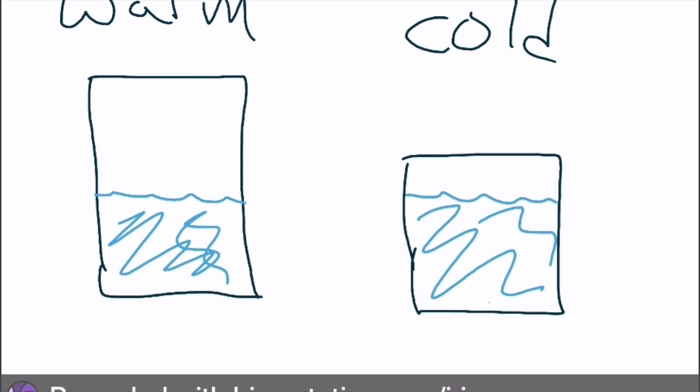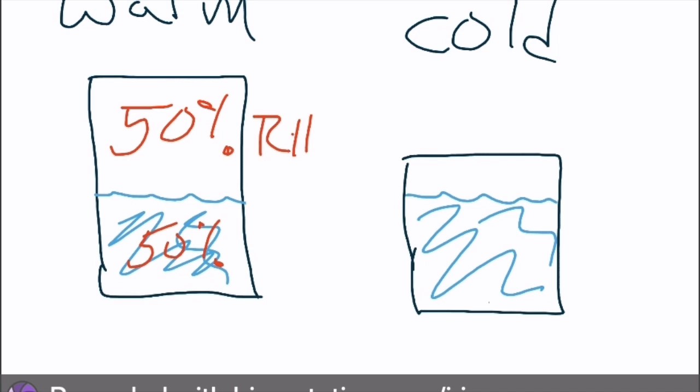I've done my best to display two different temperature airs, warm and cold, both with the same amount of water in them. Obviously, the warm air is a much larger cup, and it can hold more water. The cold air is a smaller cup, and it can hold less water. But in this scenario, they both have the same total amount of water in them. The warm air scenario is about 50% full. Therefore, its relative humidity is 50%.